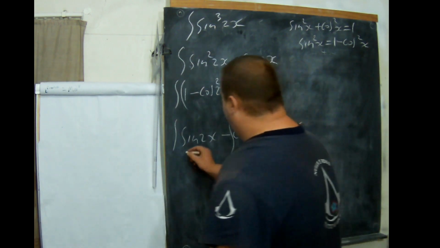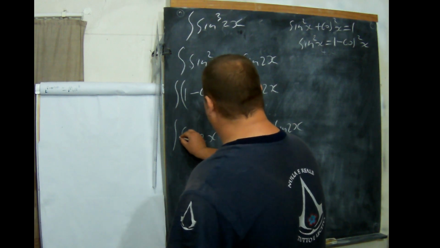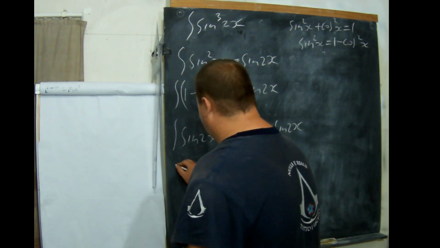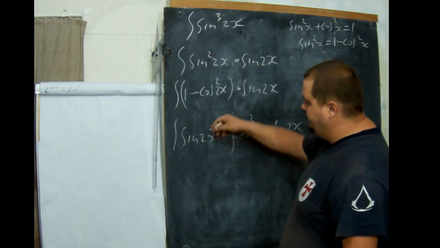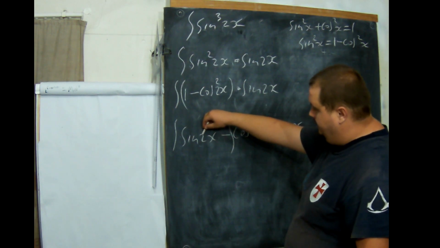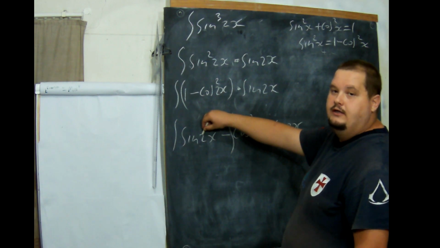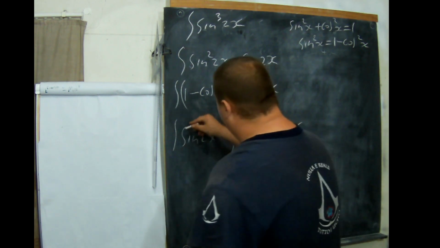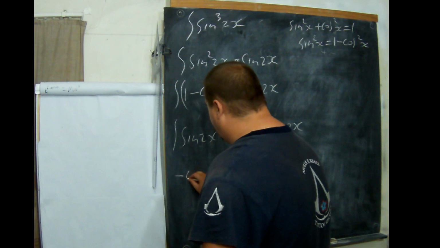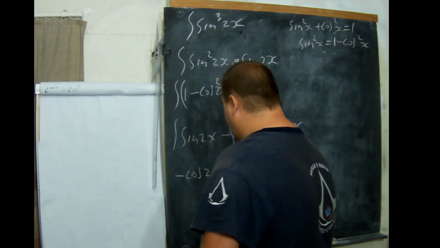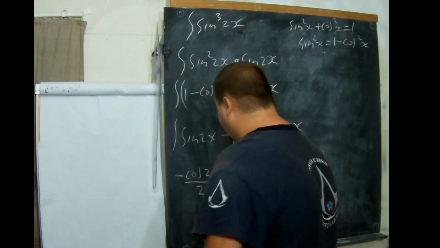Sine integrates to minus cos. Don't forget, when you integrate, you divide by this number, not multiply. Multiplying is for differentiation. So we go minus cos 2x over 2